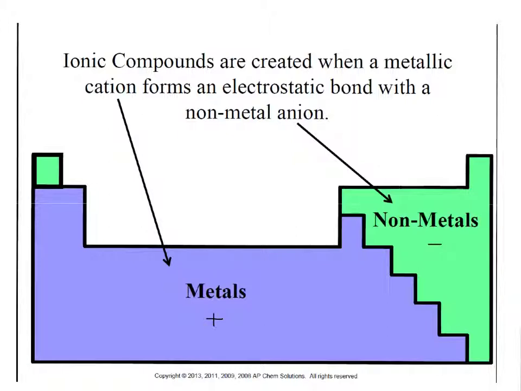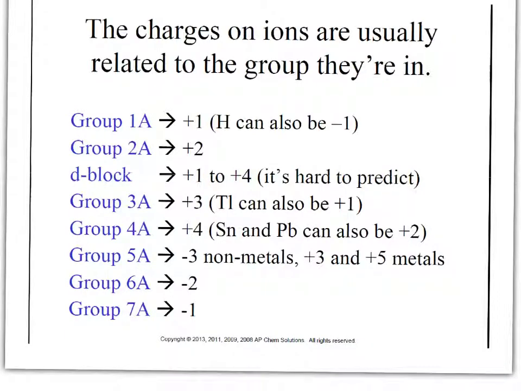The only polyatomic ion that's positive, though, would be NH4. Okay, and then you should know the rest of your polyatomic ions, and almost all the rest, or all the rest, are nonmetals, or anions. Now, to figure out the charges of monatomic ions, so ions that only have one element in them,